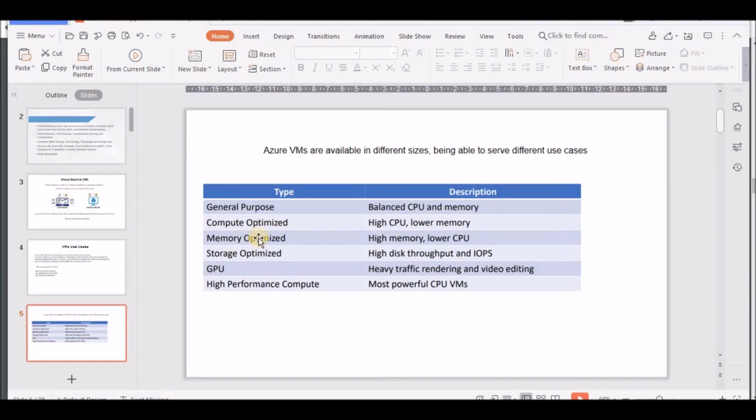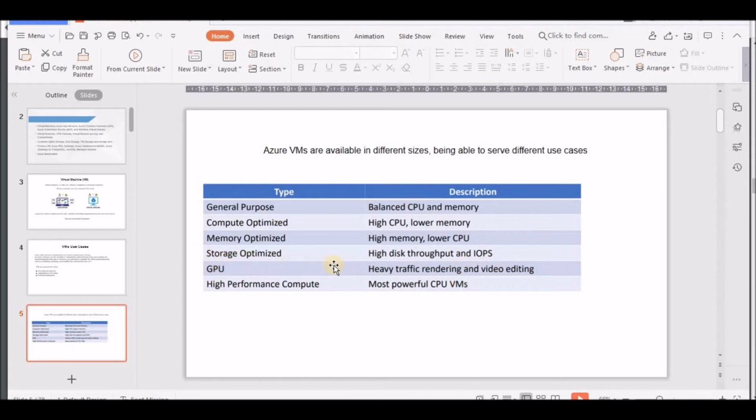Memory optimized is for high memory and lower CPU. Storage optimized has the highest disk throughput and IOPS, so generally this will be used for database operations. GPU is for heavy traffic rendering and video editing. So whenever you are doing applications with video editing or big website traffic, you need to go for the GPU.